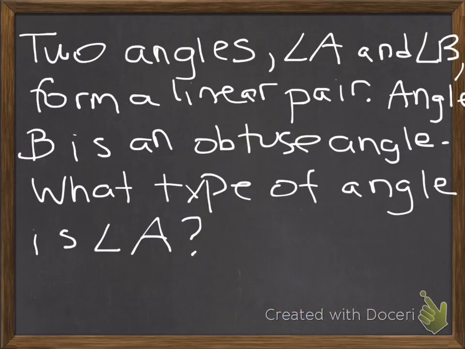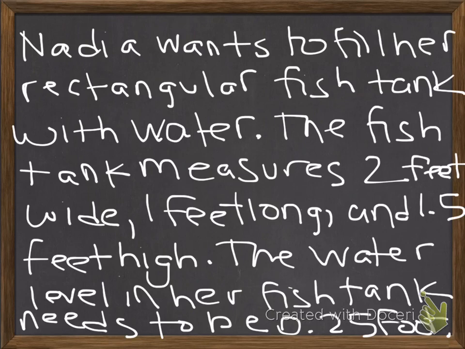And then the last one, or 2 more. 2 angles, A and B, form a linear pair. Angle B is an obtuse angle. What type of angle is angle A? Well, it has to be acute if it forms a linear pair, because the two have to add up to 180, so it is acute. And then the last one,